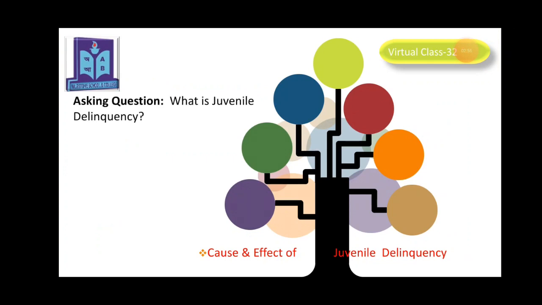I am asking you one question for confirming the lesson that I taught you up to this. What is juvenile delinquency? That is my question. Who can tell? Yes, you are absolutely right. An individual under the age of 18 or 16 who fails to abide by the laws is known as a juvenile delinquent. Also, you can use the definition given in your book: different offenses committed by immature boys and girls, or the juvenile, are called juvenile delinquency.